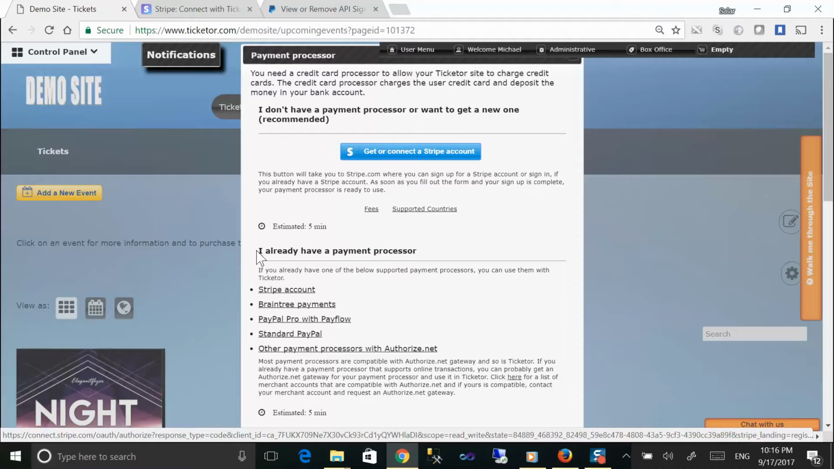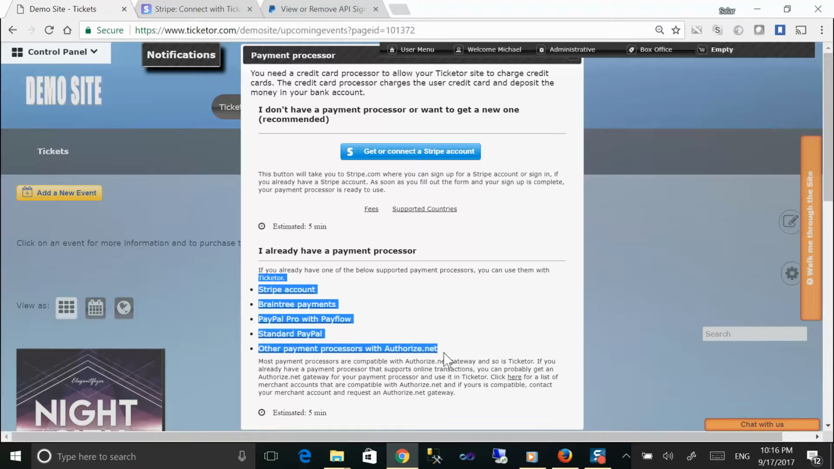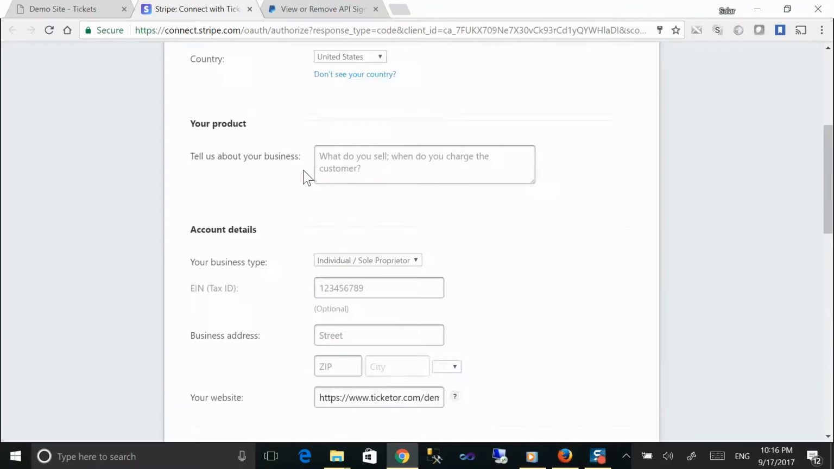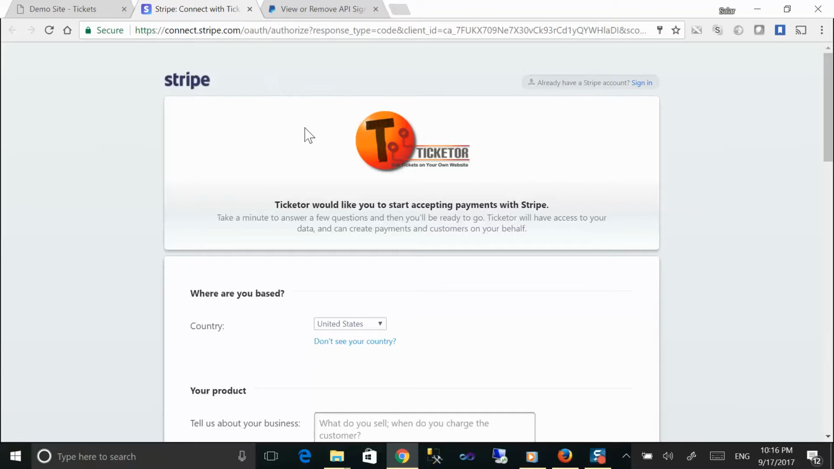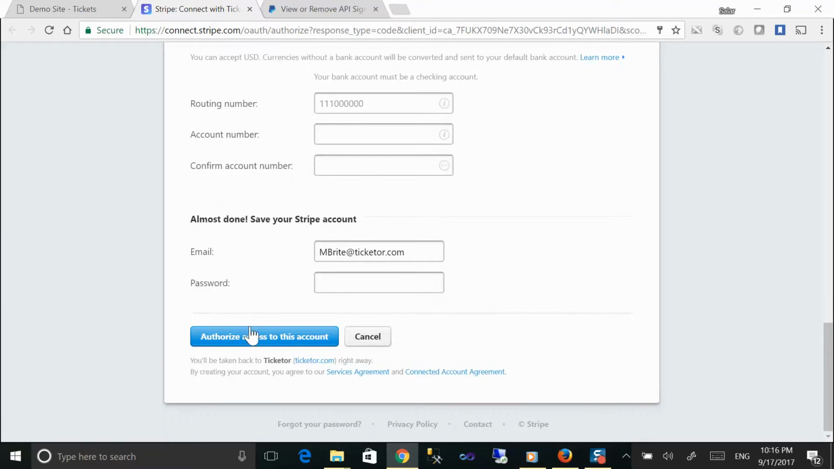If you already have a supported payment processor, such as Stripe, Braintree Payments, or any merchant account with Authorize.net or standard PayPal, you can click here and add the payment processor to your Ticketor site. If not, simply click on the Get or Connect a Stripe account. It takes you to Stripe. You can sign up on Stripe by filling out this form, and as soon as you fill out the form and click on the button to sign up and authorize Ticketor, your payment processor is ready and added to Ticketor. You will get redirected to Ticketor,